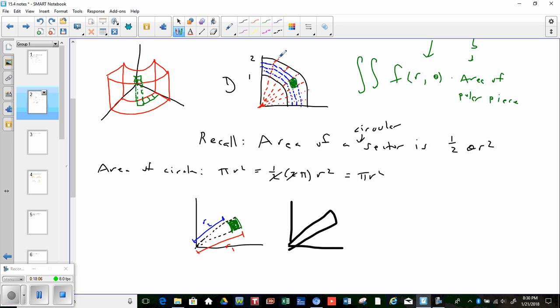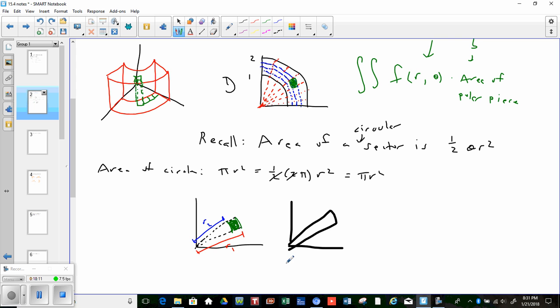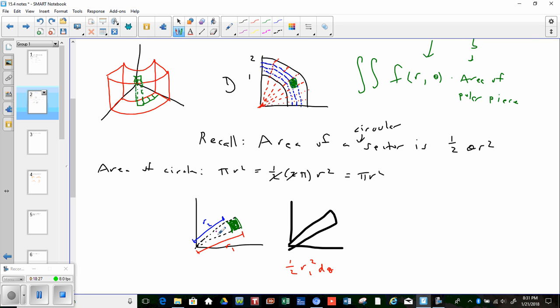This would be, let's do this in red, since we're dealing with r1, 1/2 r1 squared d theta. And where does the d theta come from? D theta, let's do it in purple, comes from right here. This change right here is the change of your angle, so that's d theta. So the change between the two angles is d theta. So 1/2 r1 squared d theta